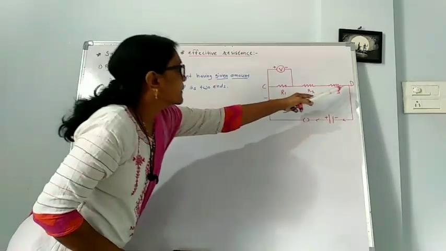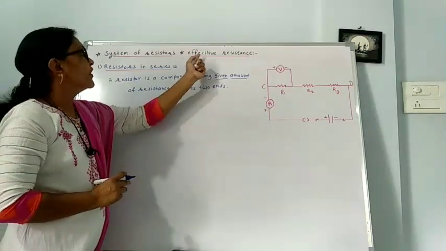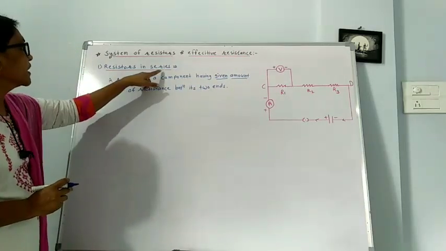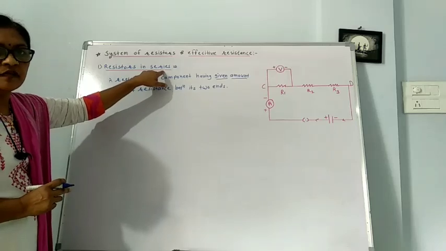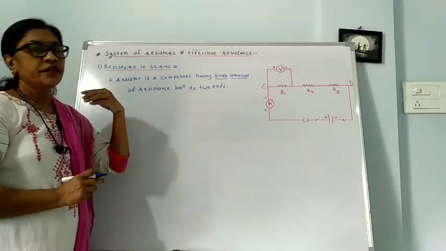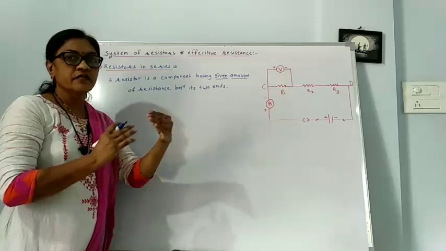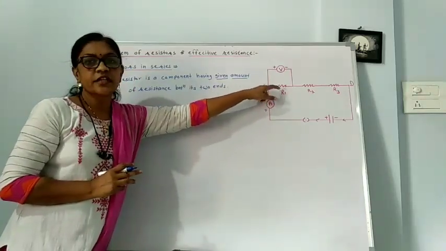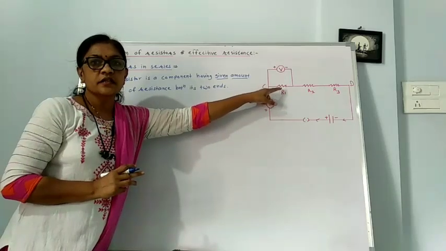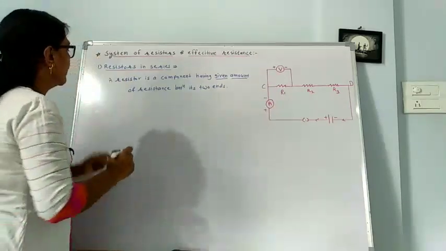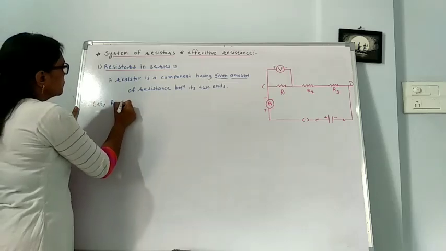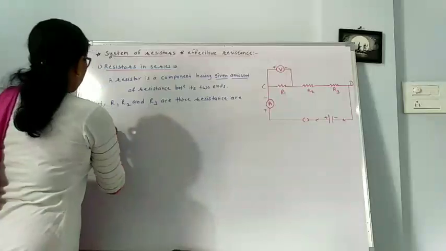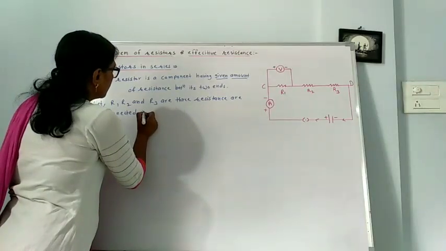C, D. Now we will see the effective resistance of these three resistors when these are connected in series. What is meant by series? When three resistors are connected one by one in a single line like this as shown in the figure, then this arrangement is called a series arrangement. Let R1, R2 and R3 be three resistors connected in series, then